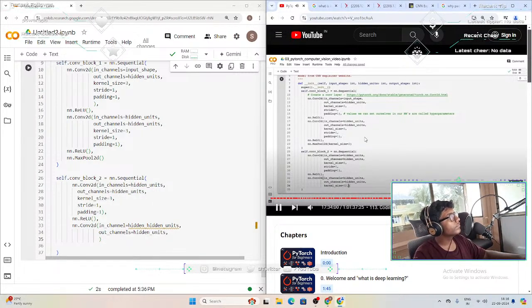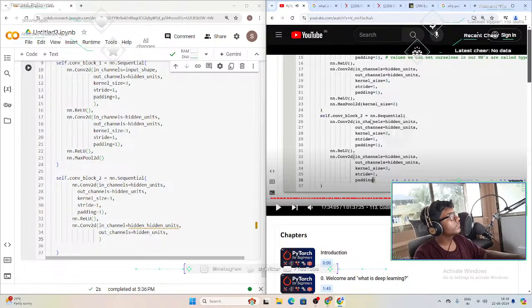Then we have kernel size equals 3. Oh, 32, don't want it that big. Stride equals 1. Padding equals